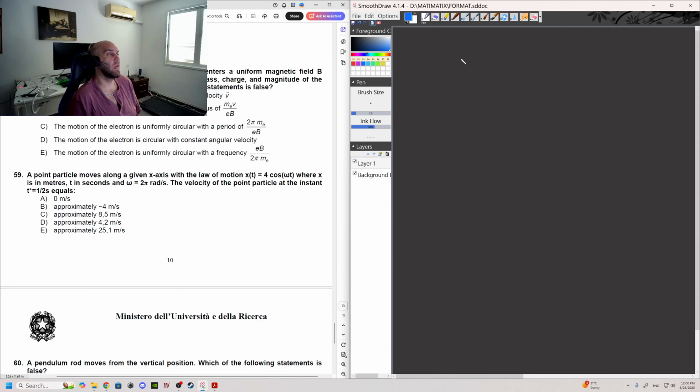Given that m, e, v represent the mass, charge, and magnitude of the electron's velocity respectively, which of the following statements is false? Just to emphasize something, this question is hard because you just need to tell which is false, and unless you're very familiar with the subject, you need to do some work in order to make sure. But regardless of the correct answer being A in our variation of the test, you have to